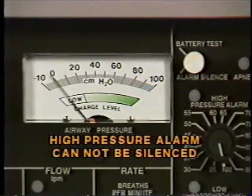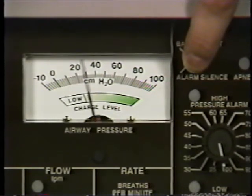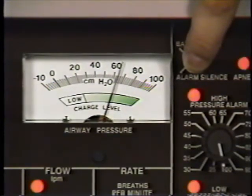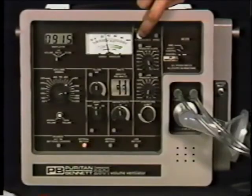While operating on battery power and no alarms other than low battery are active, the battery test function can be performed. Pressing the battery test button for 3 seconds will allow the battery in use to be checked. The airway pressure gauge provides a scale to measure the battery charge level. Releasing the button will discontinue the test. In addition, during the battery test, the software activates the audible alarms and visual indicators as well as all segments